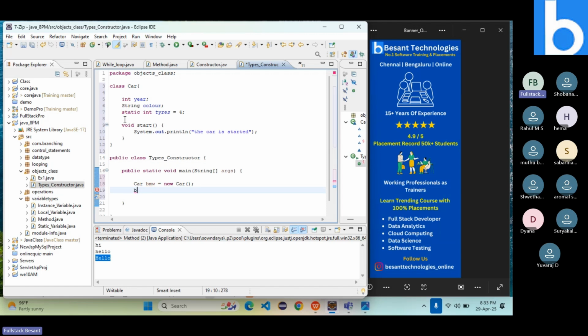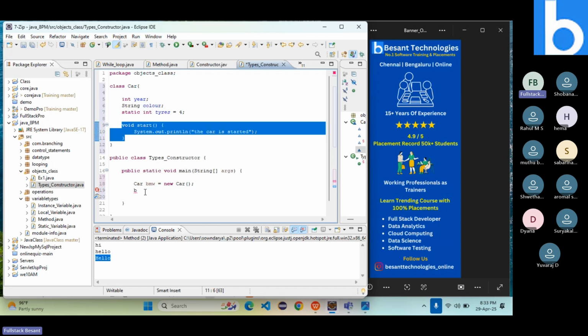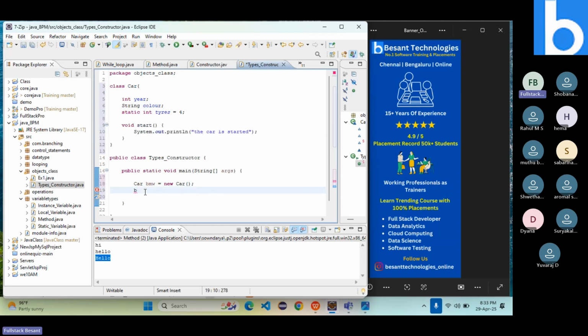As this is a non-static method, I mean an instance method, I have not used the keyword static. For an instance method, I need to create an object and call it by using the object name dot the method name. So BMW,